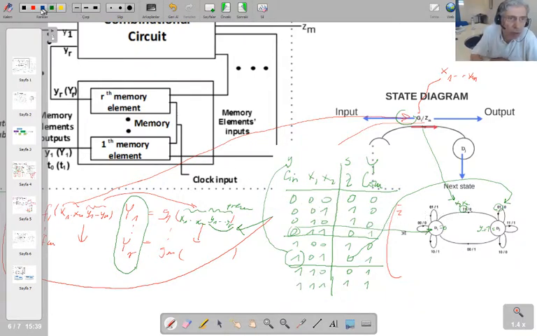Let me use a different color. So this output here is 0. So that's that output. What is my next? That is present state, small y. That is capital Y, that's next state, is 0. My next state is 1, isn't it? So we'll make it a different color. My present state is 0 here, and my next state is 1 here. So my present state 0 goes to my next state 1, and the arrow here is not seen, but I'll put that